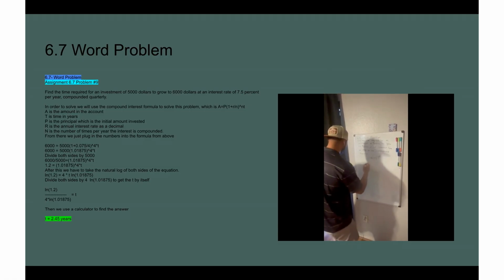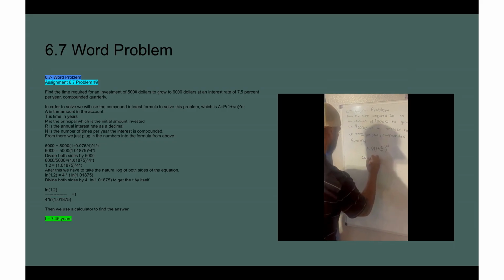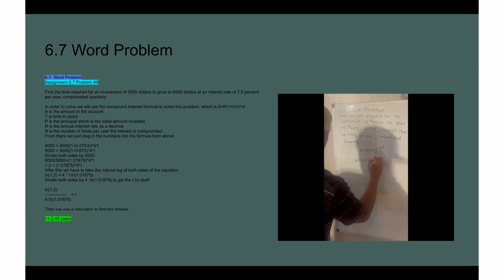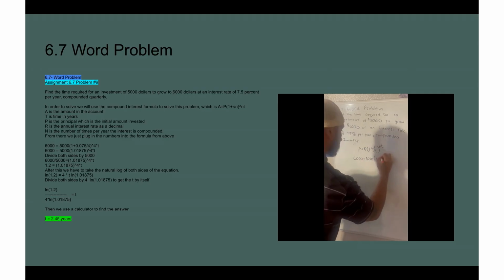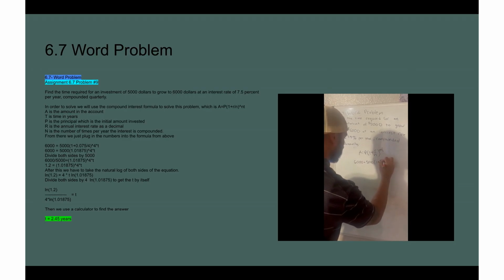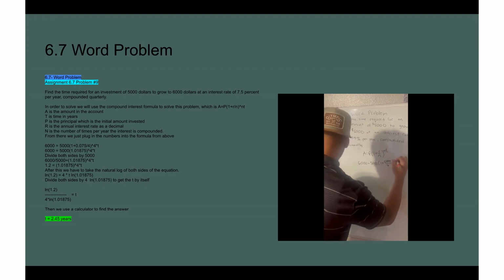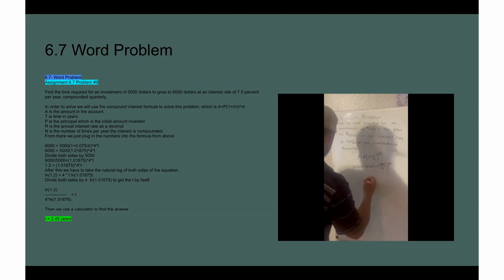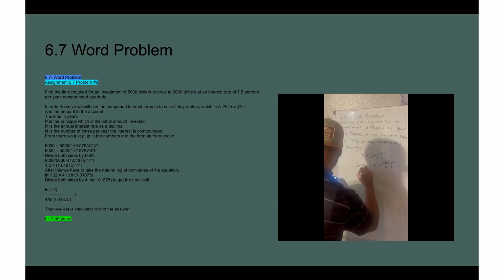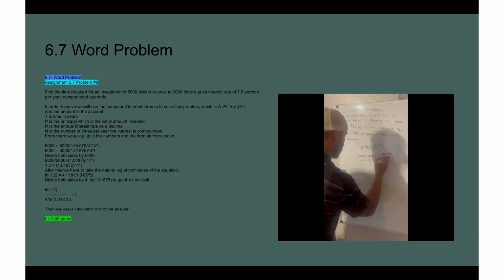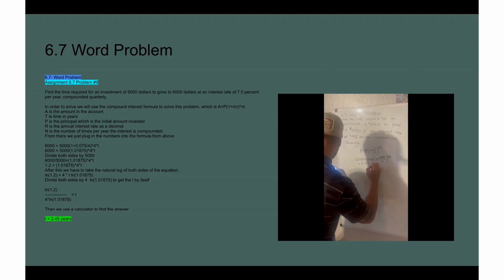So here we'll just plug in the rest of the numbers. 6,000 equals 5,000 times (1 + 0.075/4), since it's compounded quarterly, to the power of 4 times t. We're going to try to solve for t. So we'll divide both sides by 5,000. Comes out to 1.2. And then we'll add up the rate divided by 4. So that turns into